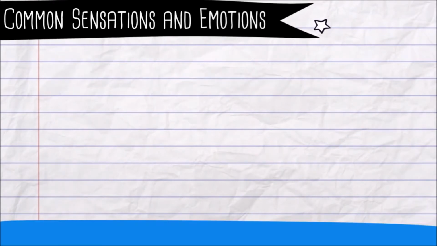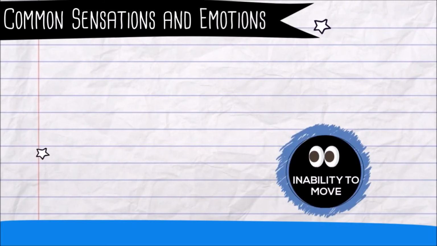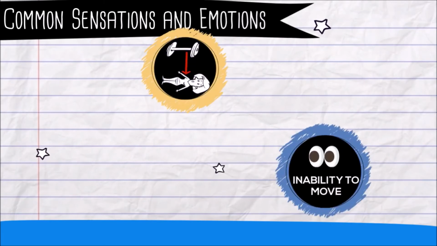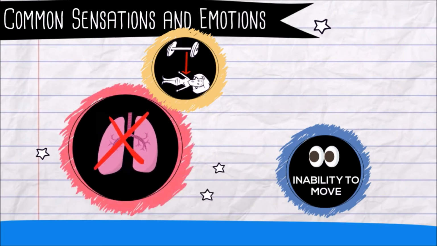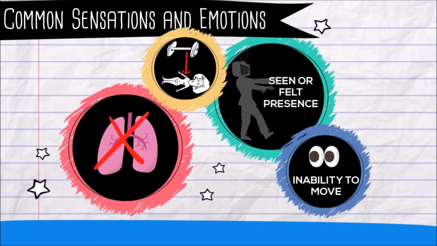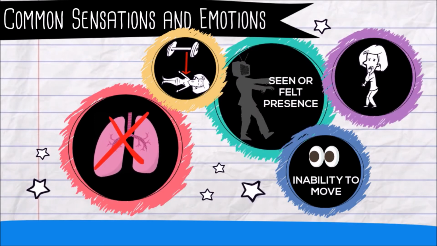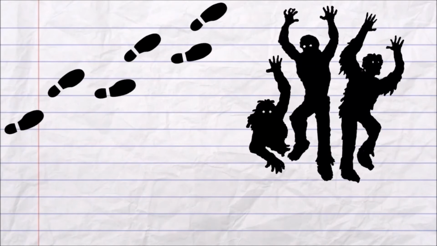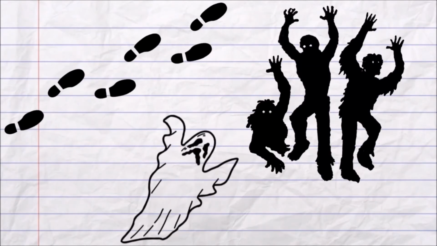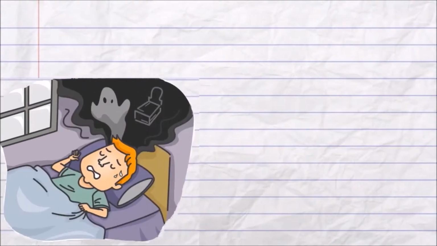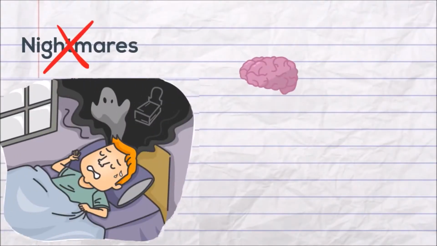Some of the common sensations and emotions associated with sleep paralysis are an awareness of your surroundings but inability to move, a sense of physical weight and pressure on the chest, difficulty breathing or a choking feeling, hallucinations or a sensed presence, and an overwhelming sense of fear or dread. Some people even describe hearing footsteps getting closer, seeing intruders, demons, or spirits, and feeling as if they are about to die. Unlike nightmares or night terrors, in sleep paralysis the brain is awake but the body is in its sleep state